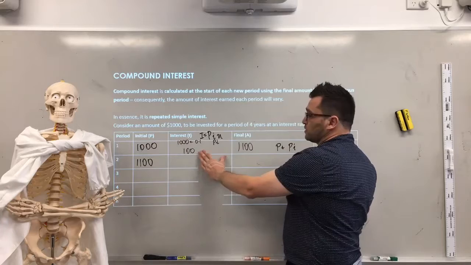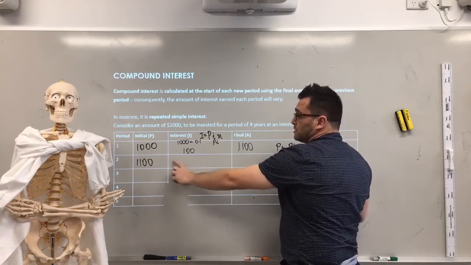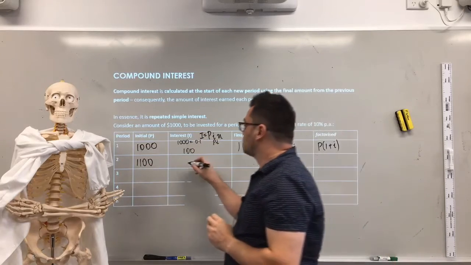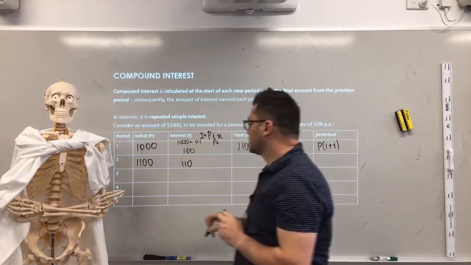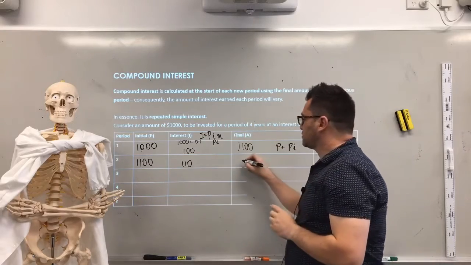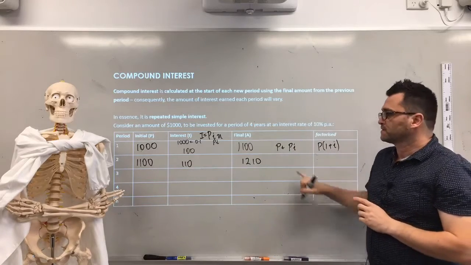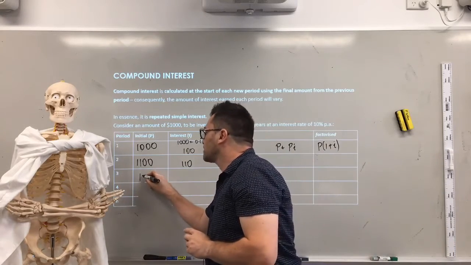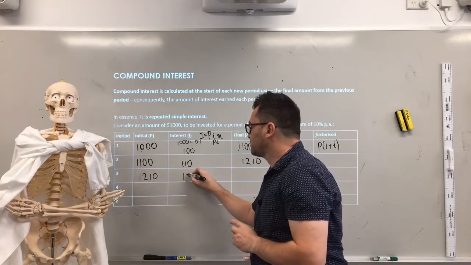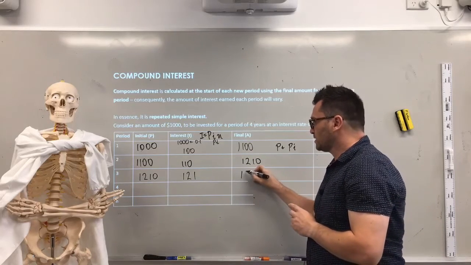Our interest, once again, this is our new principal for this term. So it's 1,100 multiplied by our interest rate, which is 0.1. So we're going to have $110. Our final amount is adding these together. So we're going to end up with 1,210. For our third term, we're going to start with our 1,210. We're going to take 10% of that, which is $121. We're going to add this on. So we're going to have